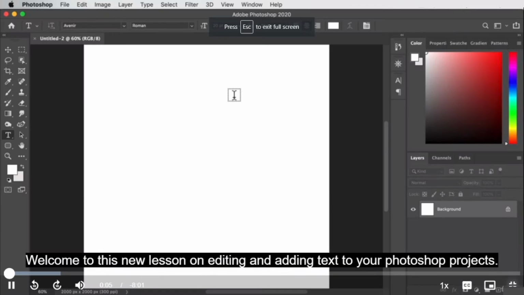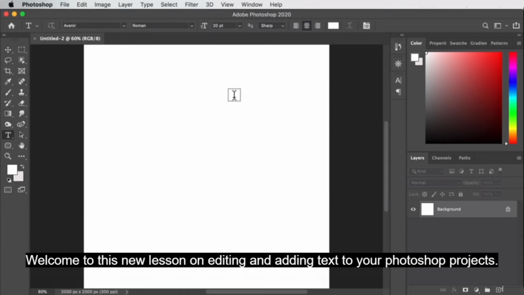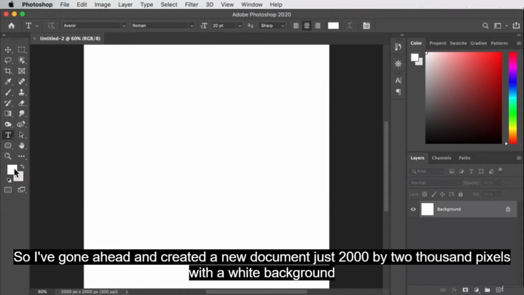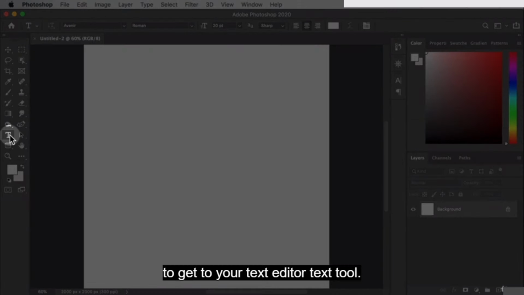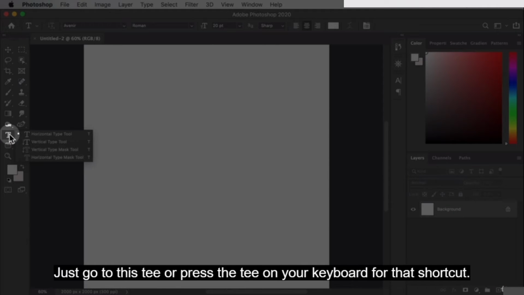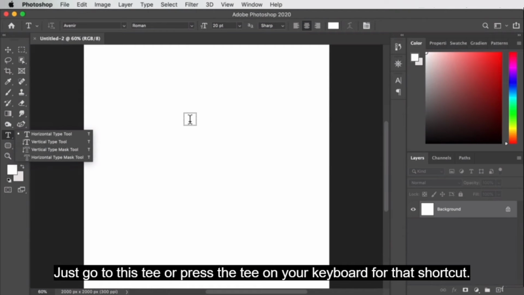and adding text to your Photoshop projects. So I've gone ahead and created a new document, just 2000 by 2000 pixels with a white background. To get to your text editor or text tool, just go to this T or press the T on your